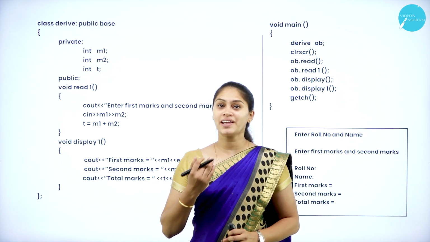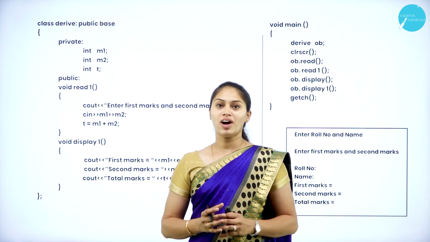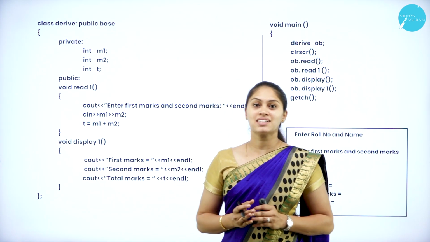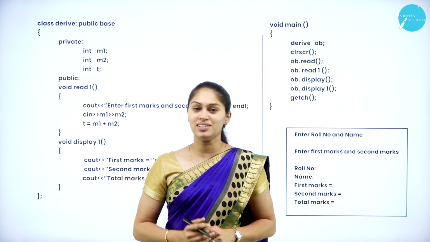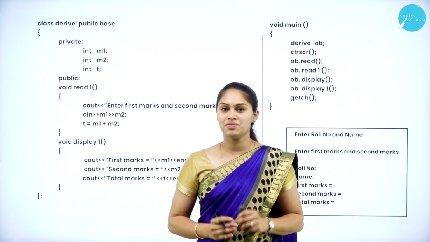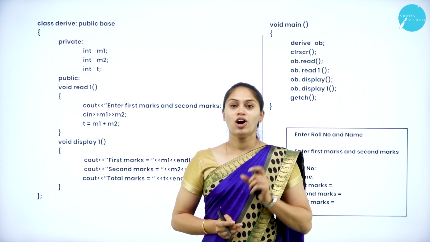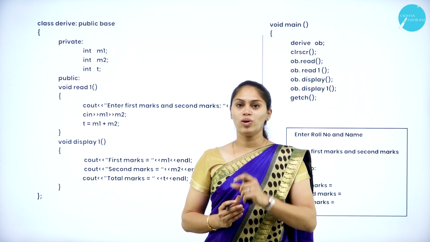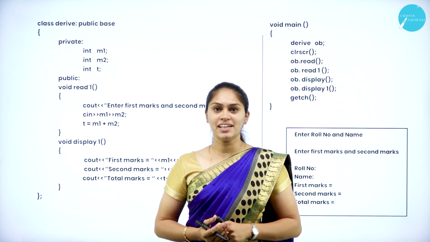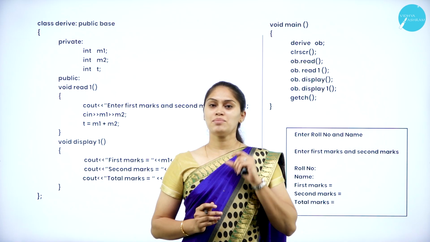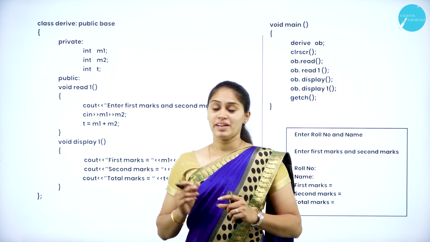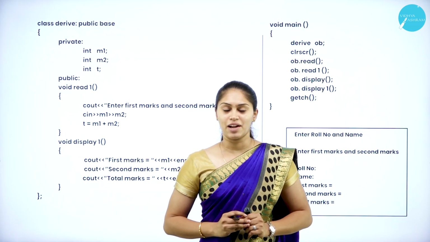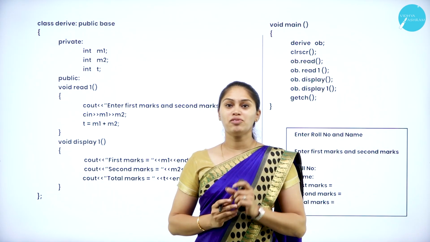Now we'll see how to create a derived class in order to acquire the properties from the base class. So what was the syntax that we learnt in a previous session? In order to create a derived class, first I must take the keyword class. After that, I need to specify the derived class name, and then a colon, that indicates we are inheriting the features from the base class. Then I am supposed to take a visibility mode, whether it is privately derived, publicly derived or protectedly derived. Then I must take the name of the base class.